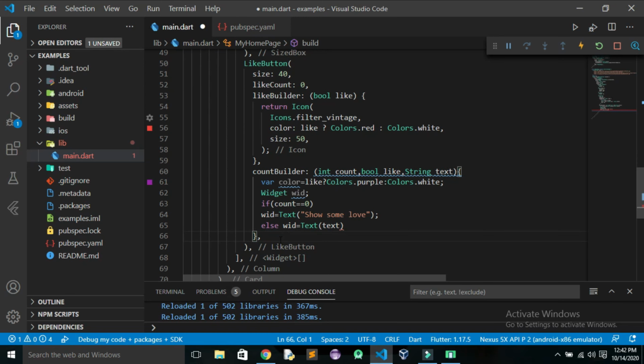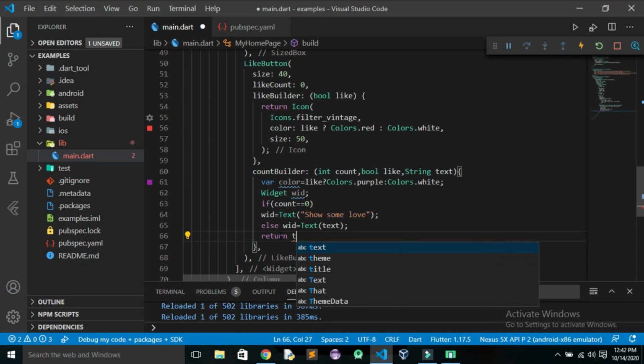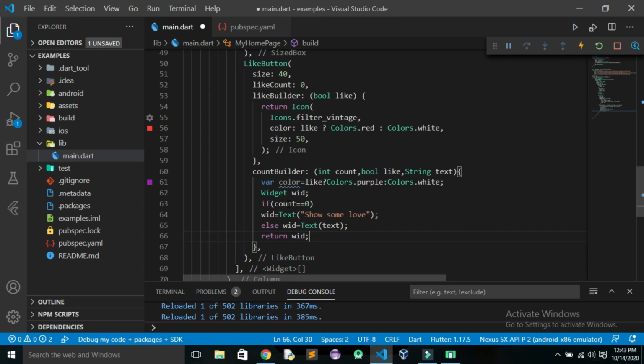So in this, now I have to return the text. Just a second. Okay, return the widget, sorry, and now save it.